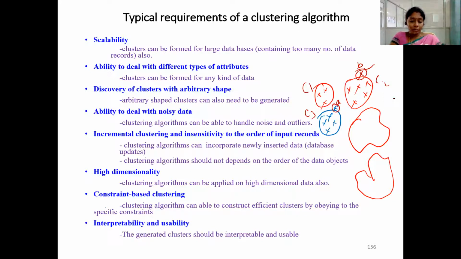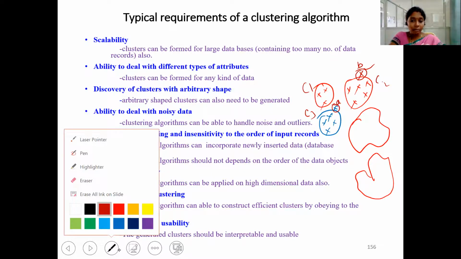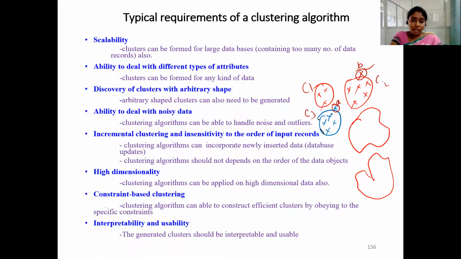So if your clustering algorithm can generate arbitrary shaped clusters, then I can generate a cluster like this, and here also I can generate a cluster like this. Any kind of shape I can generate.